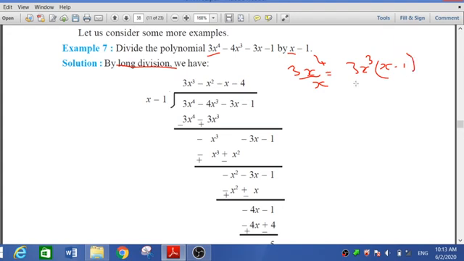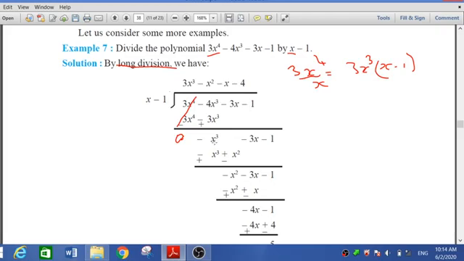Now we have to open this bracket. So 3x to the power 4 we have got. Again 3x cube multiplied by minus 1, minus 3x cube. So 3x to the power 4 minus 3x cube. Now sign change, so here we get the answer 0. Minus 4x cube plus 3x cube, that is minus x cube. So we have to write minus x cube. So here minus 3x we have to write. We have to bring down the minus 3x, and minus 1.